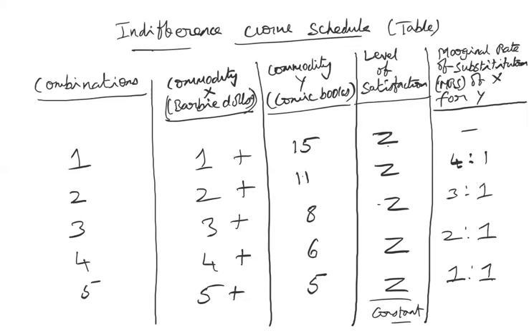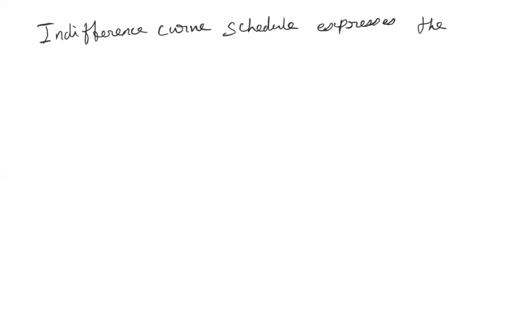So this is expressed in the form of a table, and as I mentioned, the satisfaction remains the same for Dolly. So this is common for each and every consumer. Okay. Now let me put it in words. What is that indifference curve schedule? So indifference curve schedule expresses the combinations